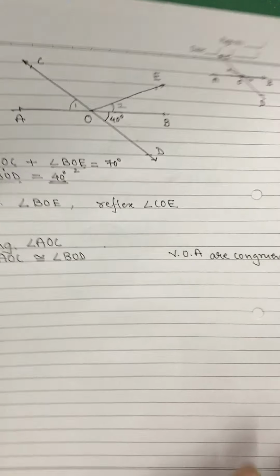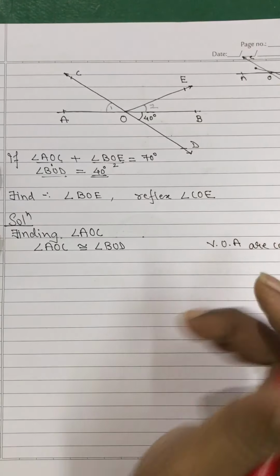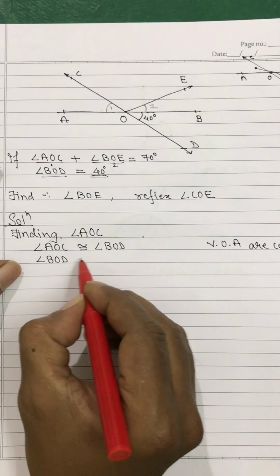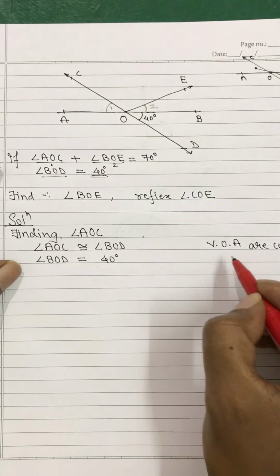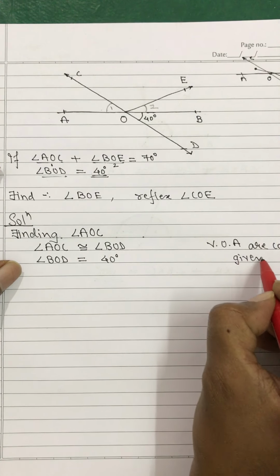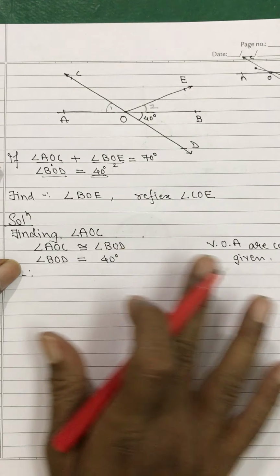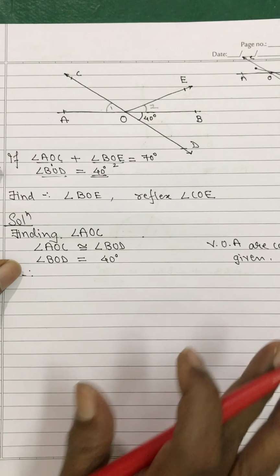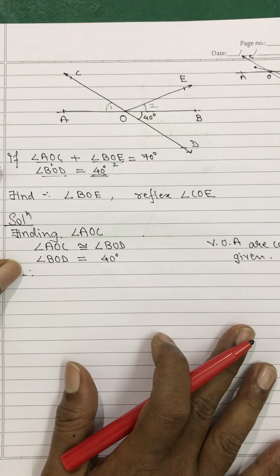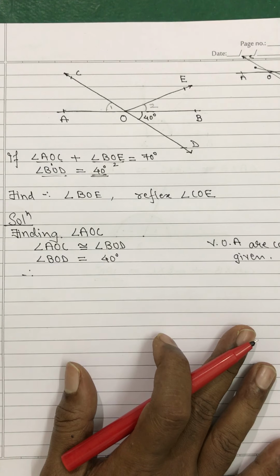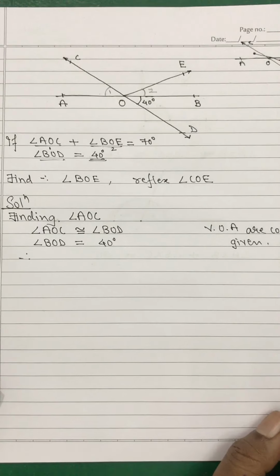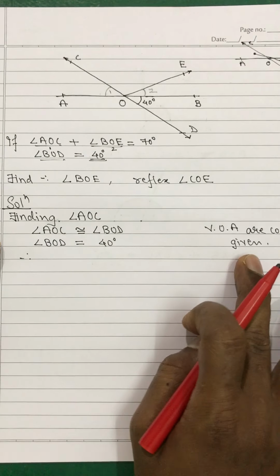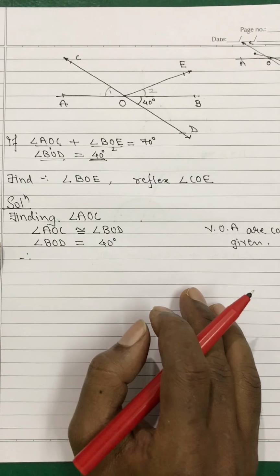Okay, and now because they have given you angle BOD is equal to 40 degree, angle AOC is equal to 40 degree. This is given. Therefore, see, this is the way of writing, my dear students. I want you all people to write in this format only. You have to be very particular when you are presenting your answers, especially in geometry, even in maths, even in algebra, in science, everywhere. But in geometry, you have to be extra particular about that. So you have to write reasons wherever possible, whenever possible.